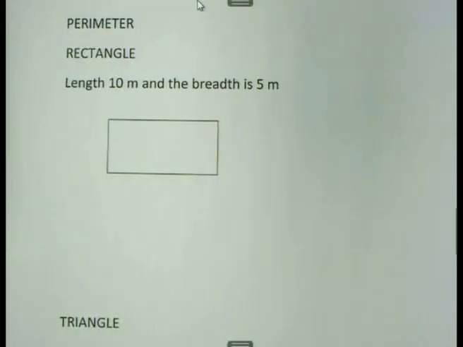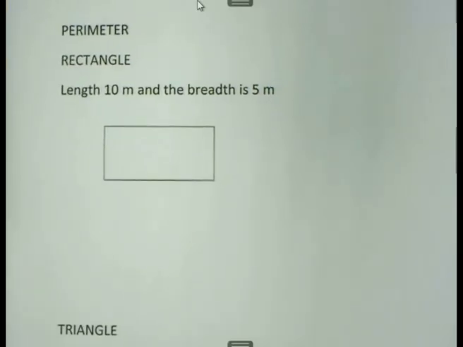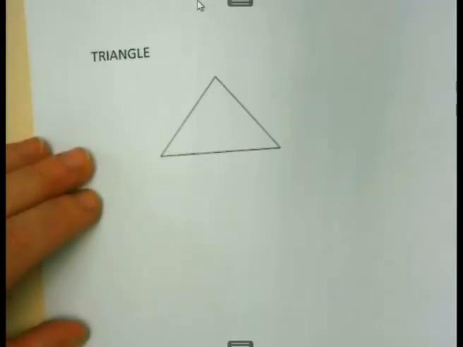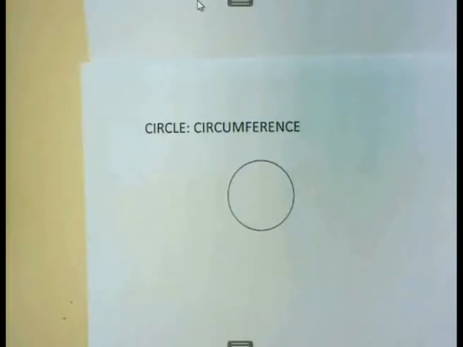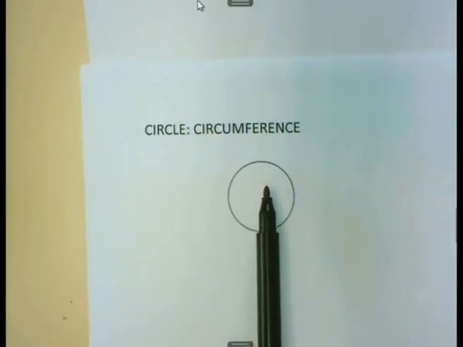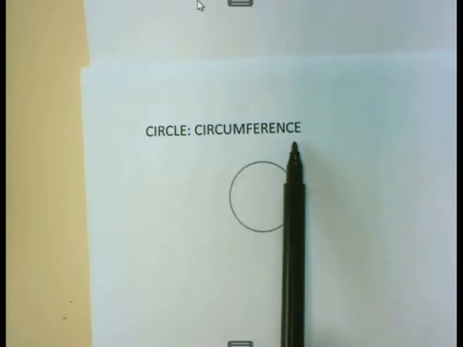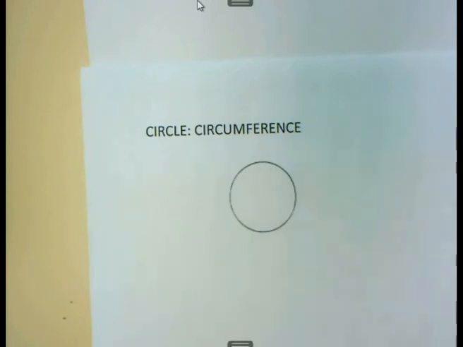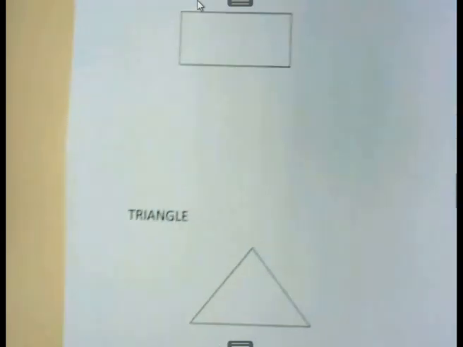The following is a lesson about perimeter and how to calculate perimeter. It is prescribed in mathematical literacy that you must be able to calculate the perimeter of a rectangle, a triangle, and finally a circle. But it's very important that you must know that when we are busy working with a circle, we are no longer talking about perimeter, but we refer then to circumference.